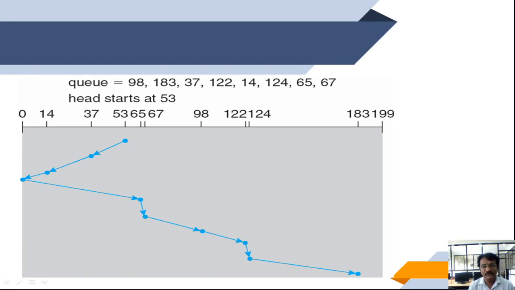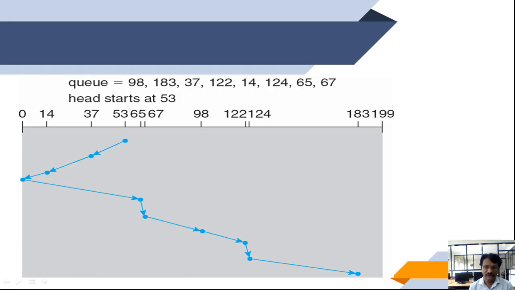Assuming a uniform distribution of requests for cylinders, consider the density of requests when the head reaches one end and reverses the direction. At this point, what happens? Relatively few requests are immediately in front of the head, since these cylinders have recently been served.